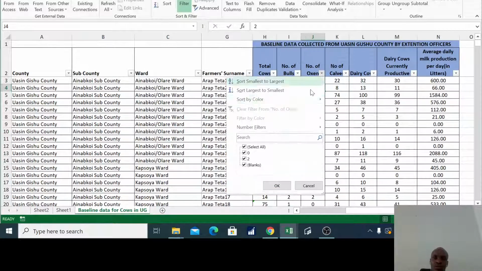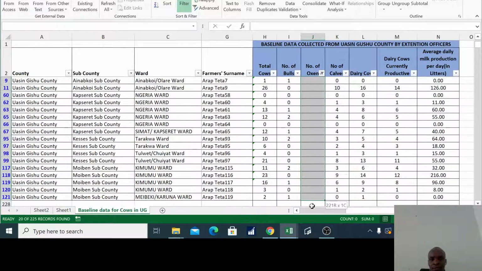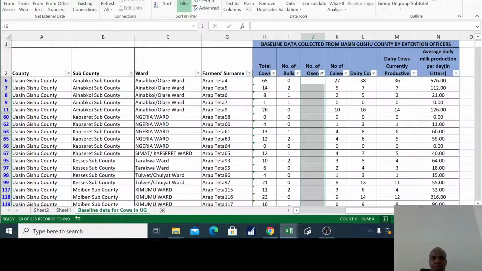So what you could do is just select the blank, then select the region, put 0 on the formula bar, then by holding down Control Enter, you're able to fill in all those spaces at once. So that is by filtering. The other way is, without filtering,